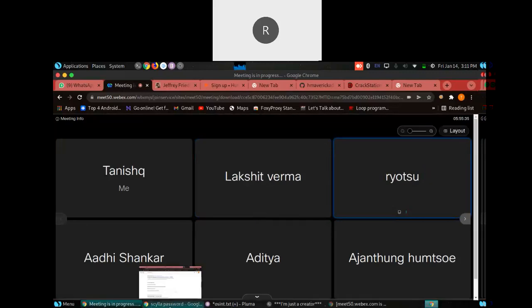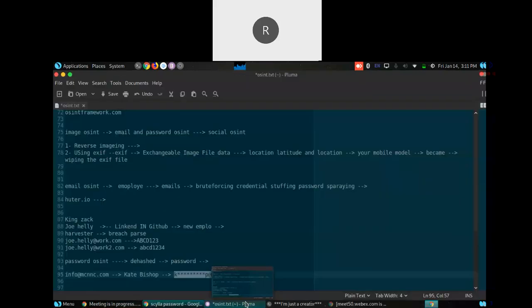Okay. So what we were discussing is password OSINT and email OSINT. I hope you guys have understood email OSINT, I've told you the methodology of getting the things, like the Scala site, which is not working, and dehashed. These are some sites which will work today and maybe will not work tomorrow. But the methodology of getting the things is important. Do you understand a bit what I'm trying to say?